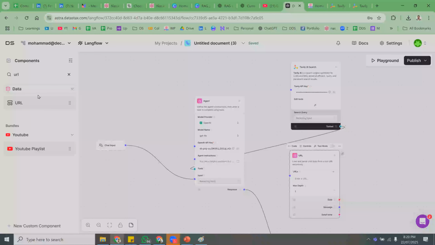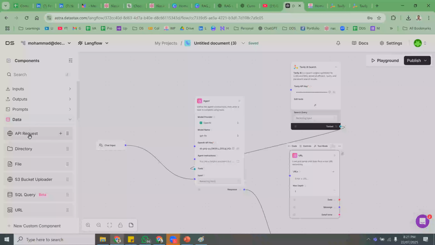This is a part of the retrieval part. So many of you have done RAG, right? Retrieval augmented generation in AI residency. And here it's not like a tool. This is like a loading of the data. So this is a component of your data. If you go inside data here, you will see different things that are there, like directory, file, SQL query,